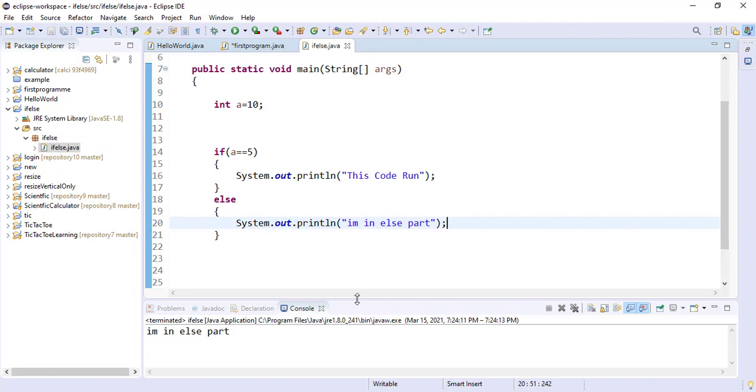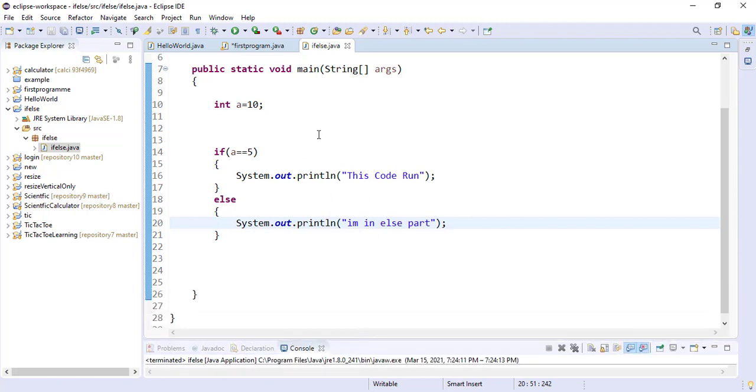Now you can use multiple if else, and you can also use if else with strings. Not only with integer, you can also use if else with string. So I will show you how to use if else with string. First of all, I have to declare a string type variable. So I simply type here String, then ch, and by default what I store inside this is Brijesh, then semicolon. Now this is declared successfully.